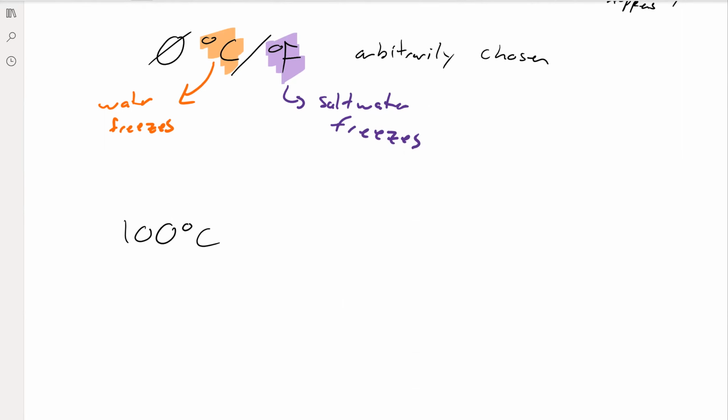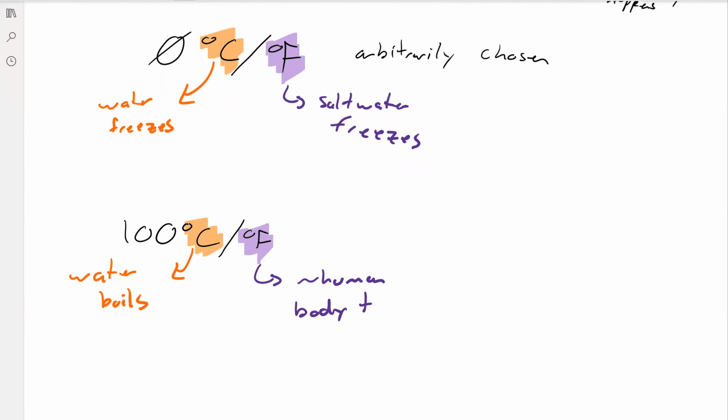And same thing, 100 degrees Celsius and degrees Fahrenheit was also arbitrarily chosen. And then you just kind of measure the units in between. For degrees Celsius, it makes sense to me, that's when water boils. So that's kind of logical. Degrees Fahrenheit, it's approximately body temperature. So you can see, in my opinion, degrees Celsius is a little bit more logical, but nonetheless,